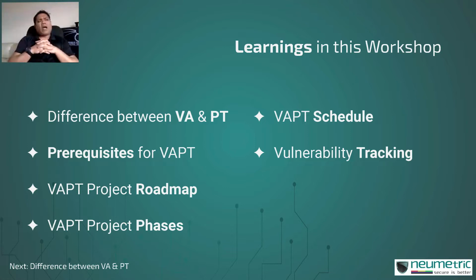We will look at a roadmap in a typical VAPT project, because it is quite an extensive project, typically lasting about 2 to 3 months every time it is taken up. If we do not prepare a proper roadmap, it is highly likely that there will be time or effort or cost overruns. We need to avoid them. The best way to avoid them is to prepare a roadmap and stick to it. We will be looking at the various phases in the roadmap. There are multiple of them.